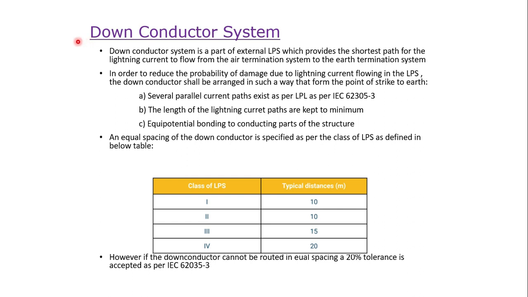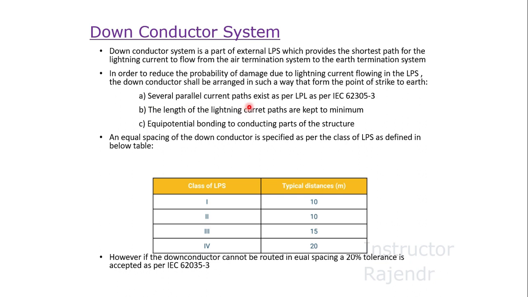The second part of the external lightning protection system is the down conductor system. The down conductor system is a part of the external LPS which provides the shortest path for the lightning current to flow from the air termination system to the earth termination system. In order to reduce the probability of damage due to lightning current flowing in the LPS, the down conductors shall be arranged in such a way that from the point of strike to earth,